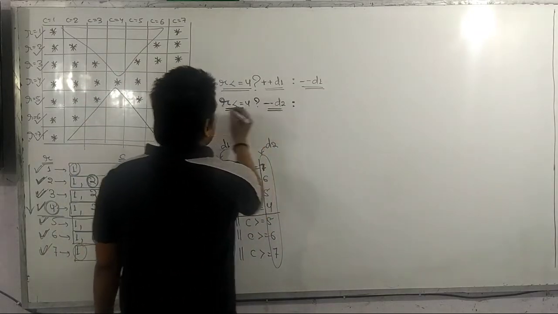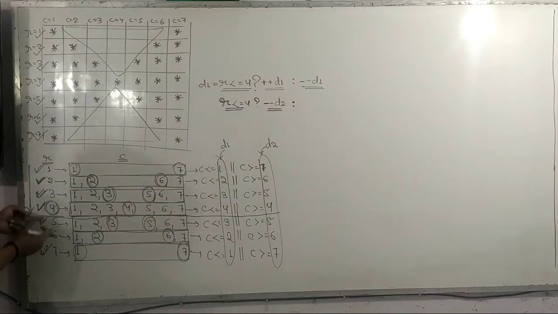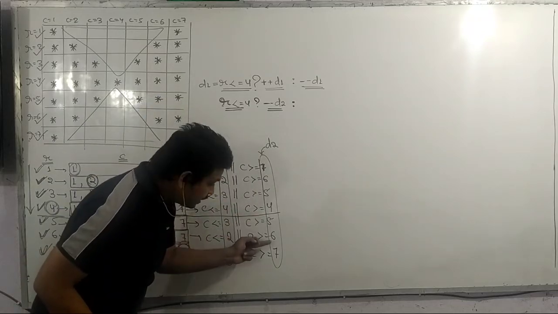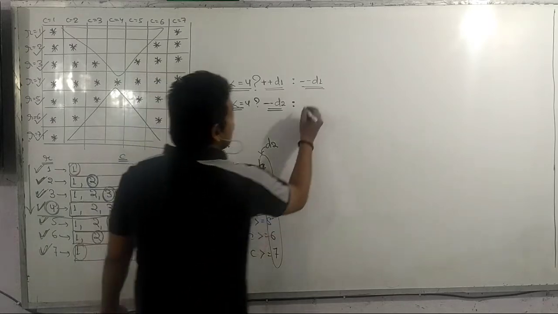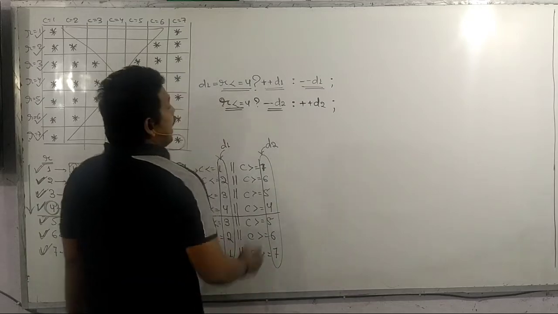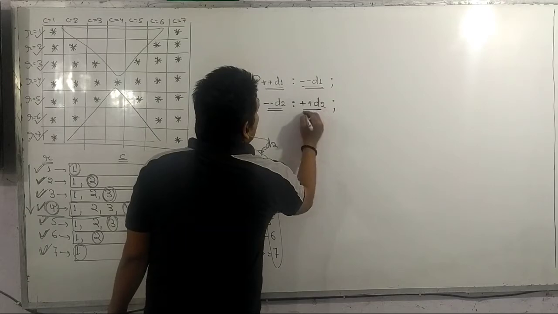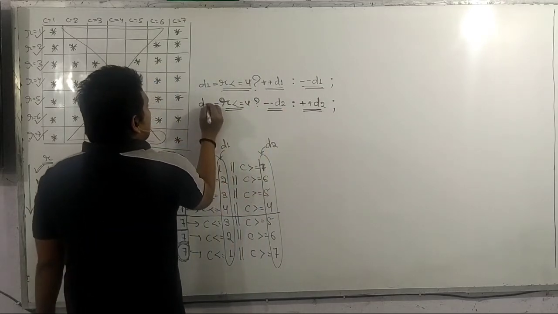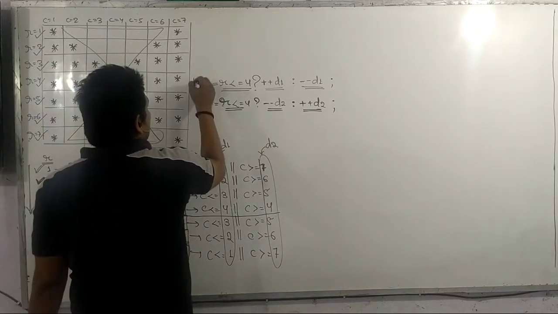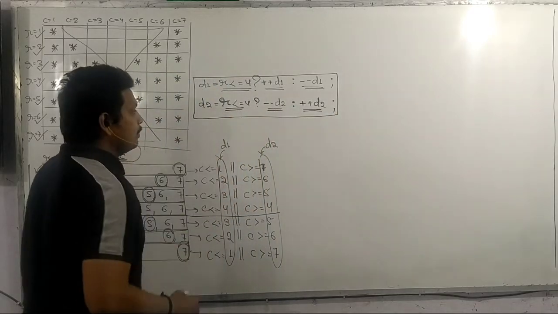But if this condition is false, means the value of R is going beyond 4, so the value of D2 is increasing. देखो 4 के बाद 5 हो जा रहा है, 5 के बाद 6 हो जा रहा है, 6 के बाद 7 हो जा रहा है, मतलब बढ़ रहा है. So I will write here ++D2. Okay, ++D2. And the decremented value of D2 or the incremented value of D2 will be stored in the same variable, that is D2. Clear? Clear?